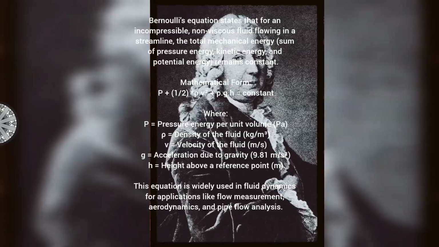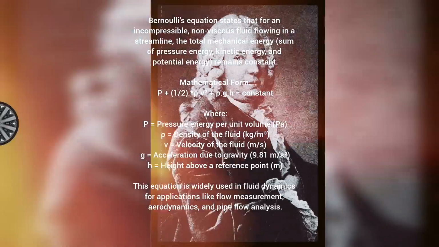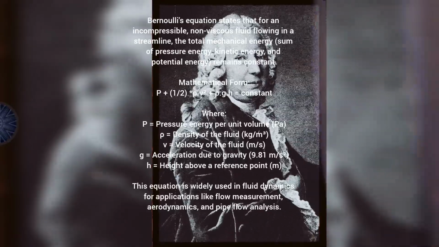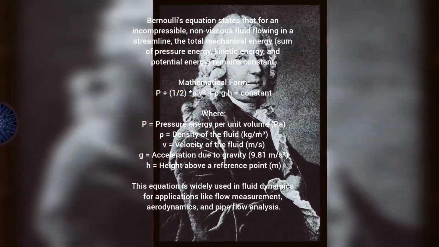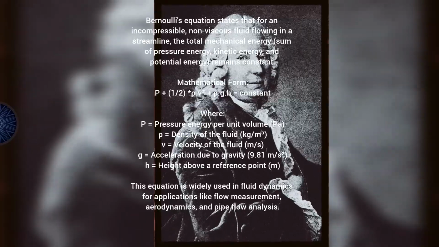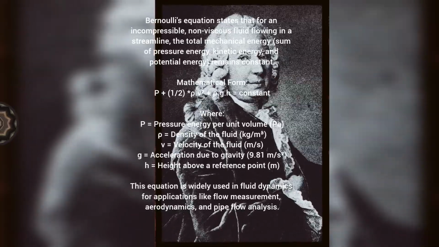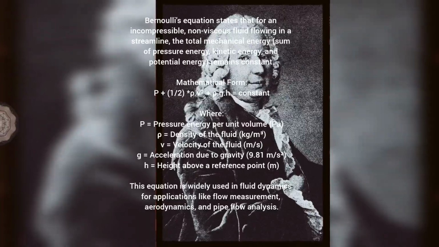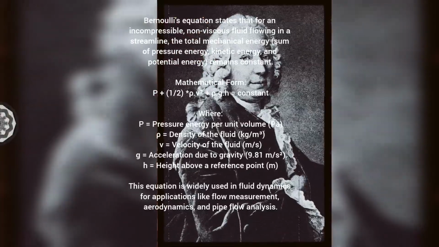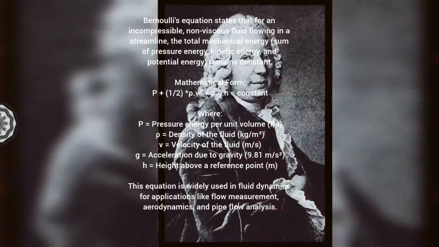But we've talked about how Bernoulli has its limits too, like with those thick fluids. What was the term again? Viscous fluids. Think honey or oil. They've got a lot of internal friction. So it's like the molecules are all tangled up, resisting the flow. Exactly. And all that friction means energy loss, which Bernoulli doesn't really account for. So for thick, syrupy stuff, Bernoulli's not the best tool. It might give you a rough idea, but it won't be super accurate.